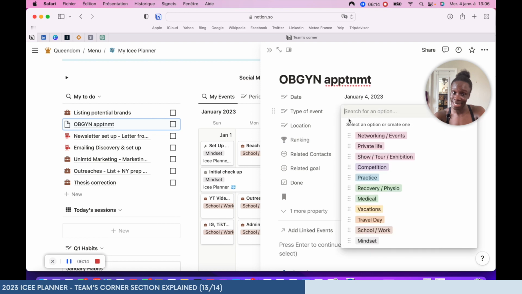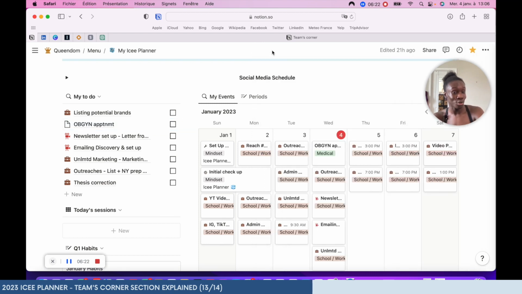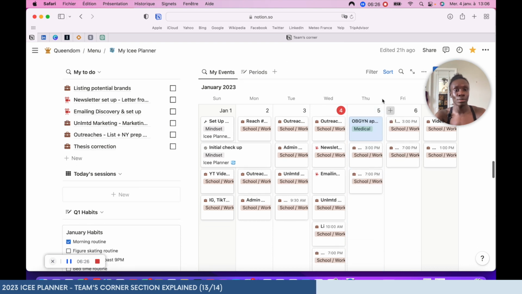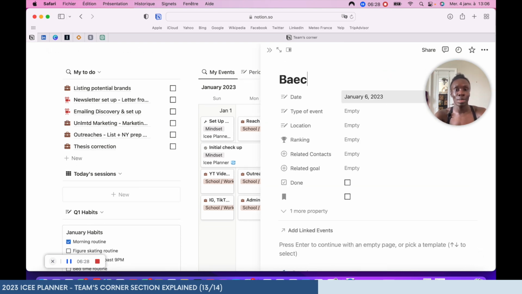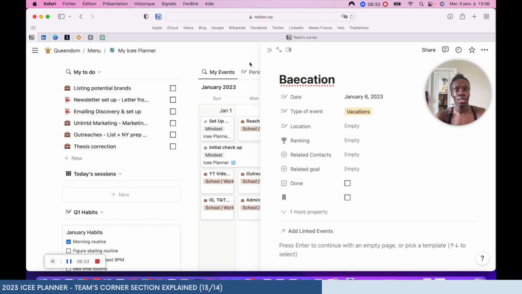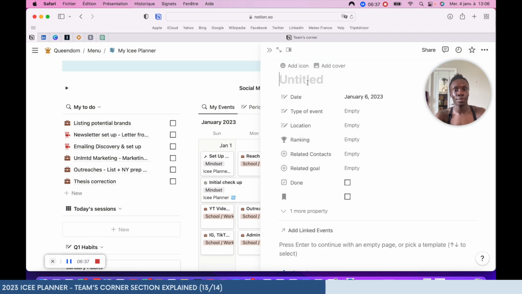And that is medical. So I have a medical appointment, but I don't specifically want them to know, but it's in medical, so you're going to see. And then let's put vacation. So that is going to be my vacation. And then let's put vacations